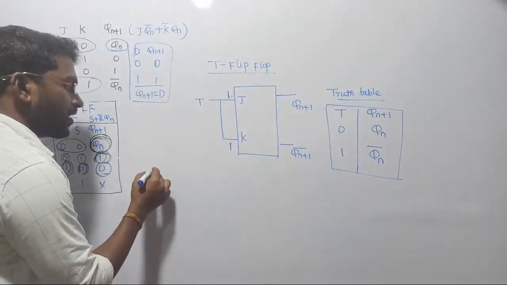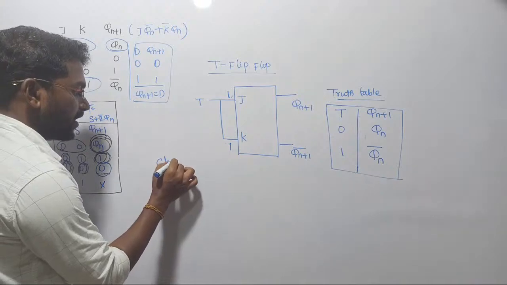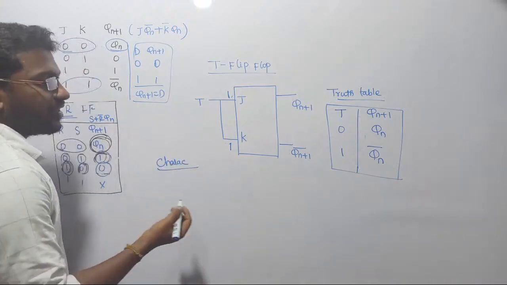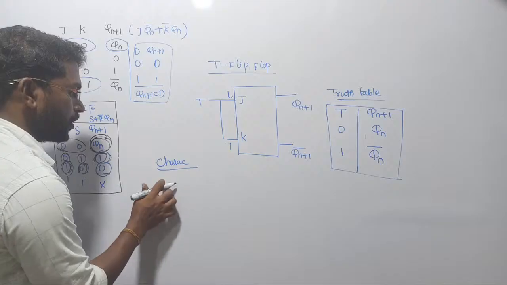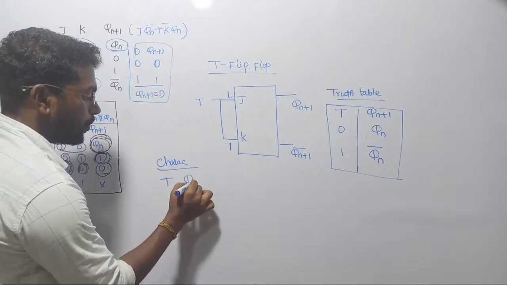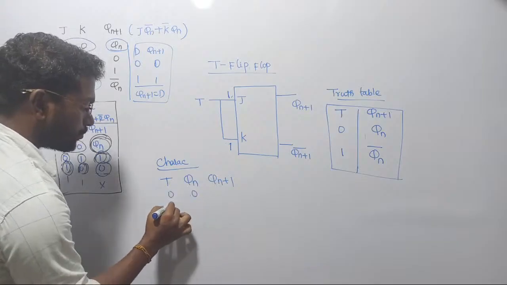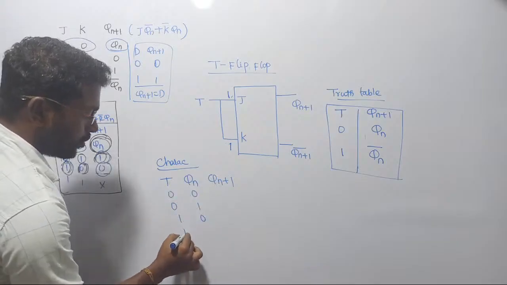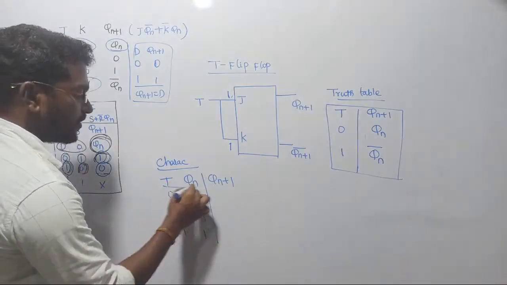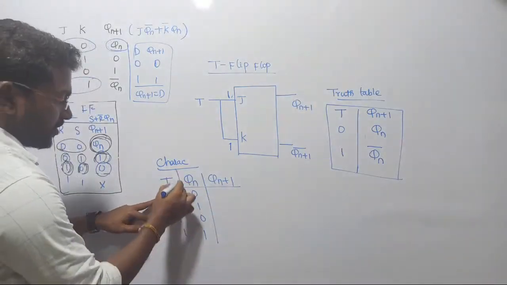Now what is our next target? Immediately we have to design the characteristic table. So characteristic table means I need the present input and past output in order to design the present output of the system. So 0 0, 0 1, 1 0, 1 1. Shall we design? Of course, it's very simple. See there, if your input is 0,